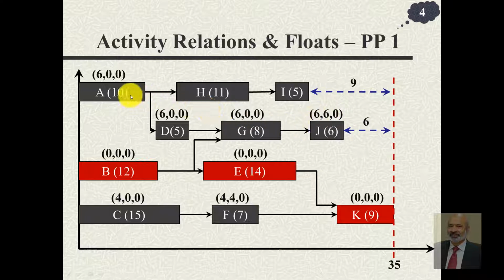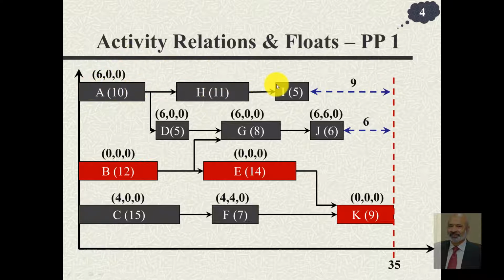But if we allow any one of these activities which precede activity J to avail delay, then this activity cannot be delayed, and so its independent float is 0. When you come to activities G or D or A, since they have a succeeding activity, and if that succeeding activity is allowed to utilize its float, then the free float of activity G or D or A would be 0, and obviously if the free float is 0, the independent float will also be 0.